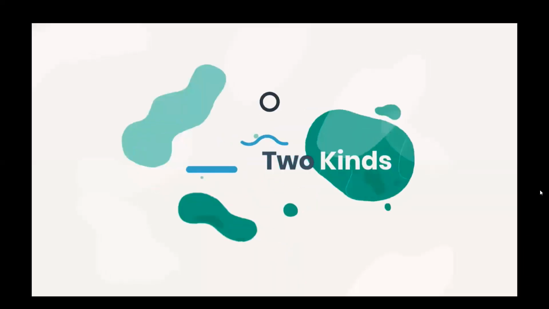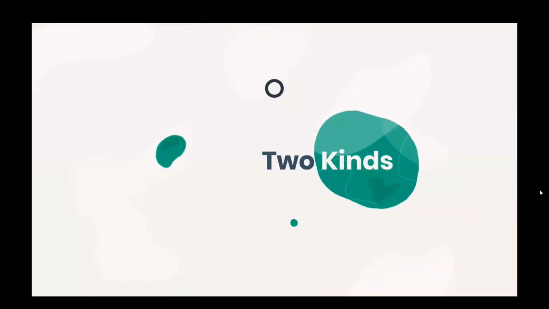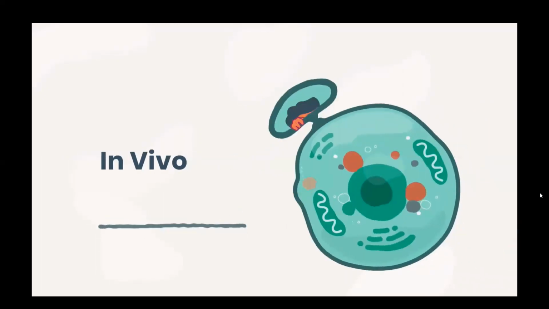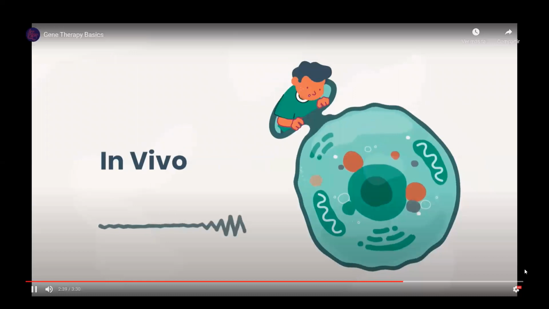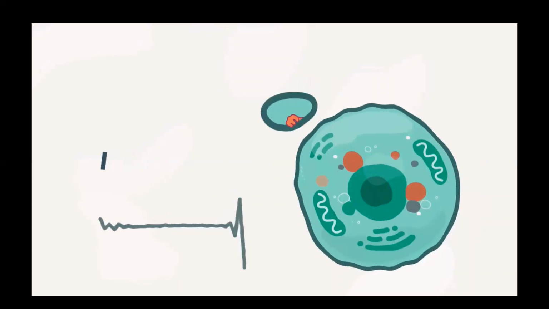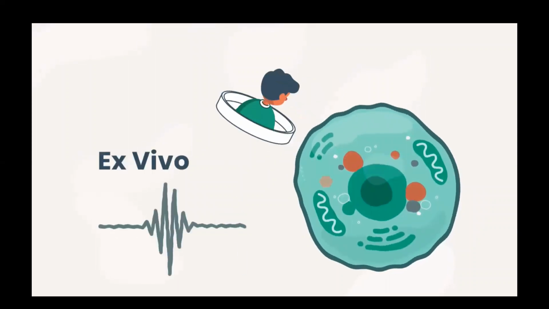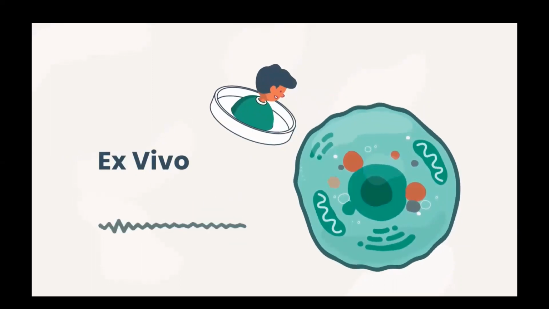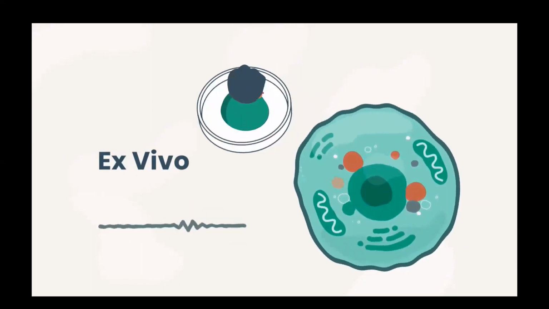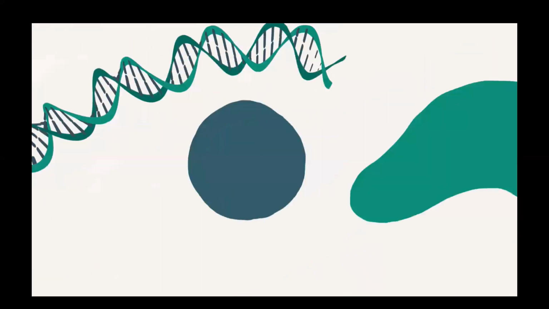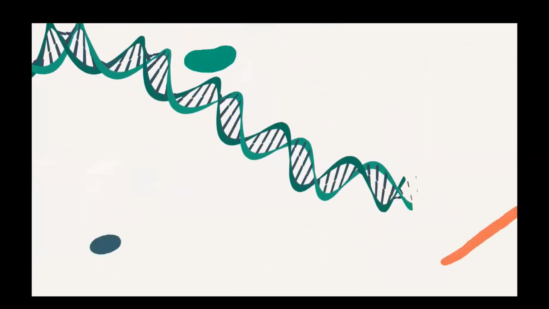sick. It's worth noting there are 2 kinds of gene therapy, in vivo and ex vivo. In vivo gene therapy, the genes are introduced directly into the patient's cells while the cells are still in the patient's body. In ex vivo gene therapy, cells are removed from the patient's body, then the genes are added to those cells in the lab, and the cells are then returned to the patient. The right approach depends on the disease that the patient has and the tissue that's affected, and that would tell us which is the best way to